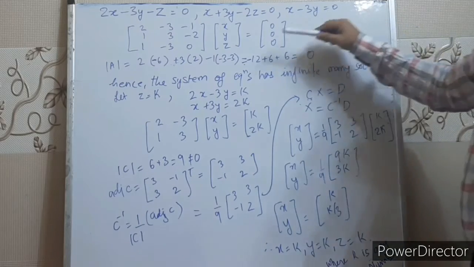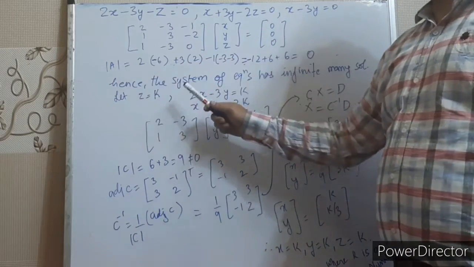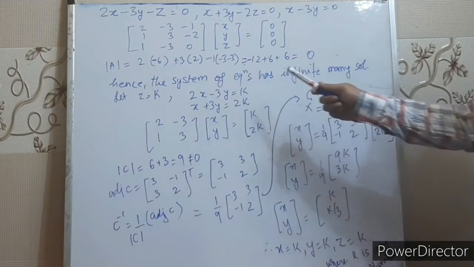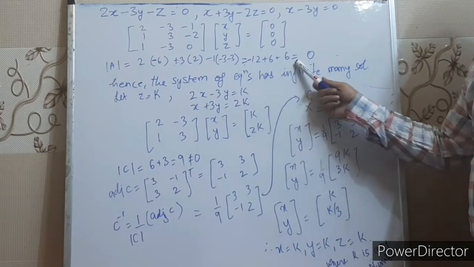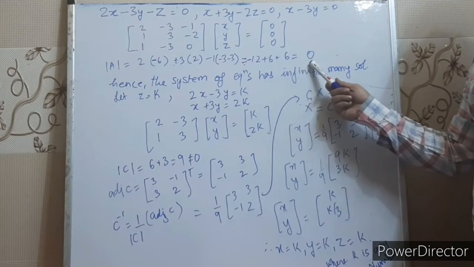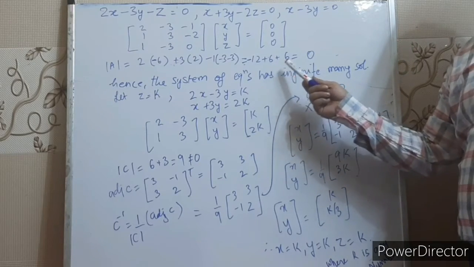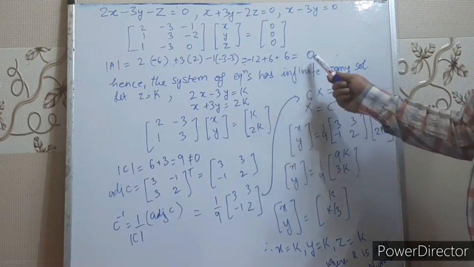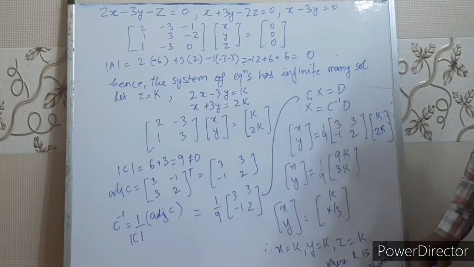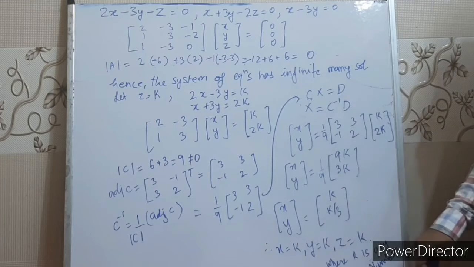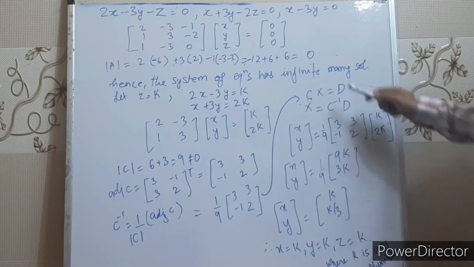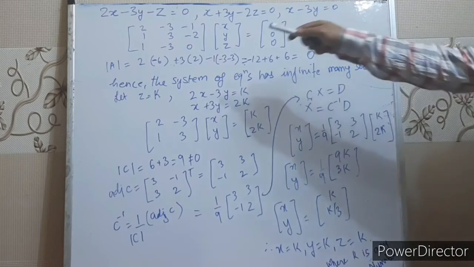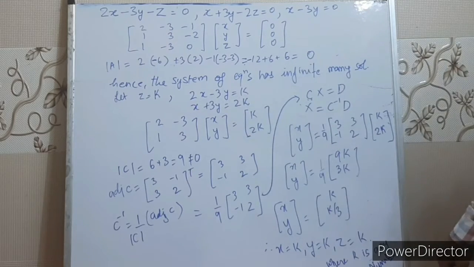So, what we'll do, we'll calculate the value of determinant of A matrix. And when we expand this A matrix, the value of this A determinant will be 0. And when the value of A determinant is 0, then we can say that in a homogeneous system of equations, the system of equations is consistent and has infinitely many solutions. And when determinant of A is not equal to 0, the system of equations is consistent and has a trivial solution, right? X, Y, Z all 0.